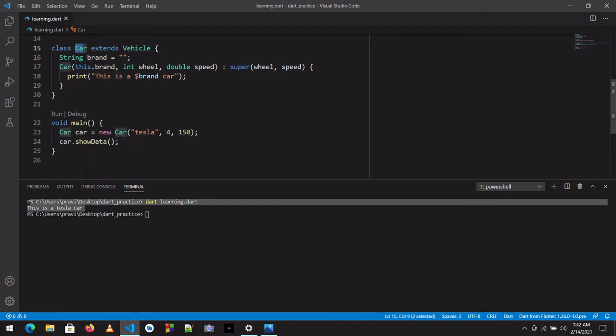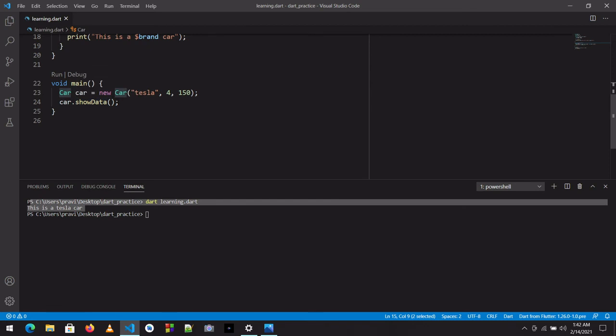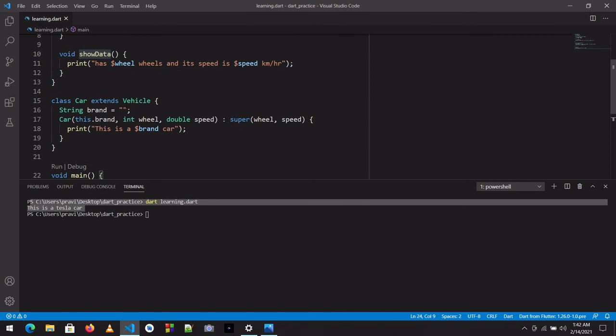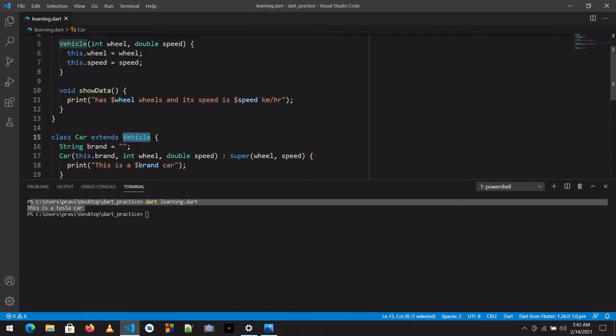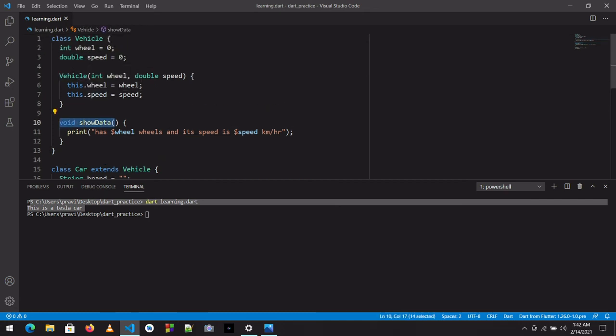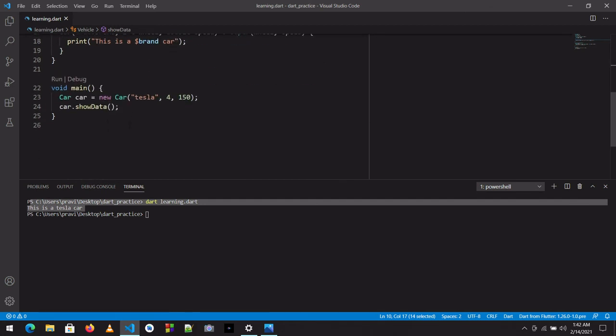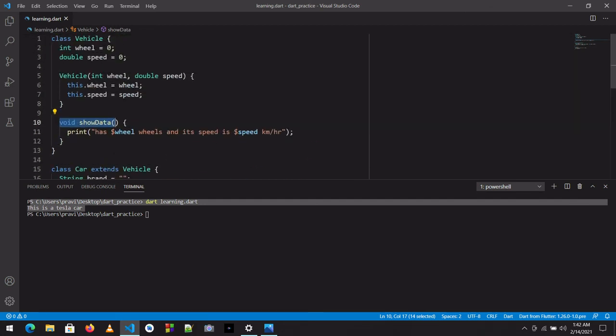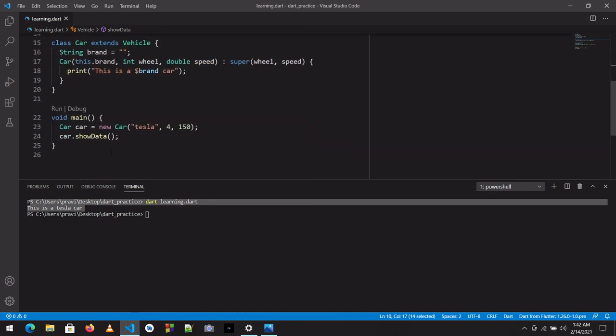But when I wrote dot show data, it allowed me and didn't give any warning, because this car class extends the vehicle class, so it can access all the functions and attributes from the super class, that is the vehicle class. So car dot show data is accessing this show data from there. So let's run the program and see.